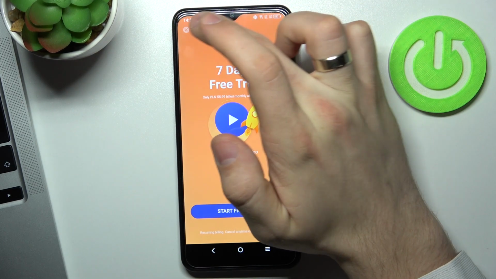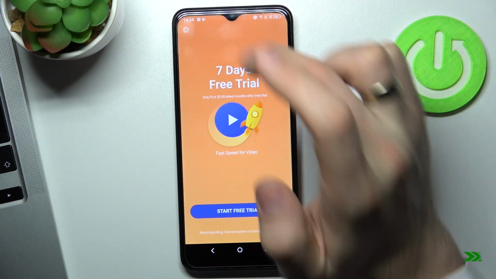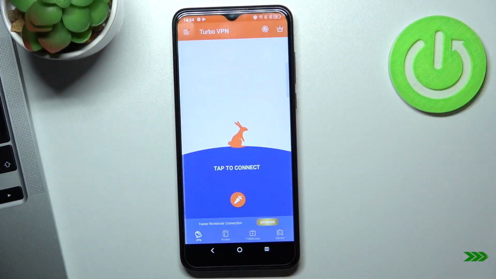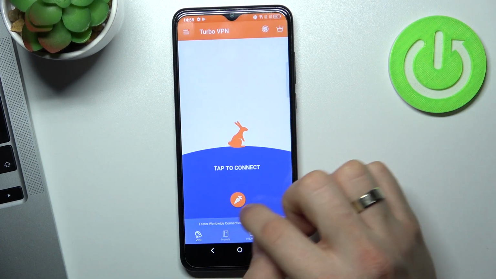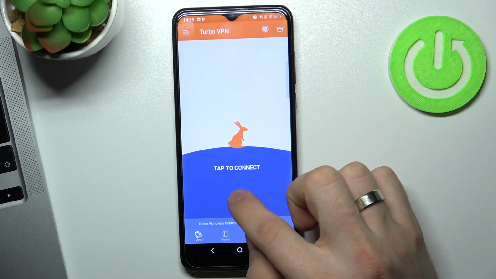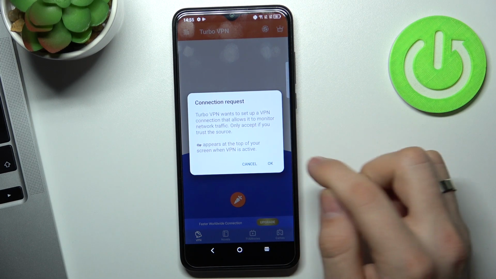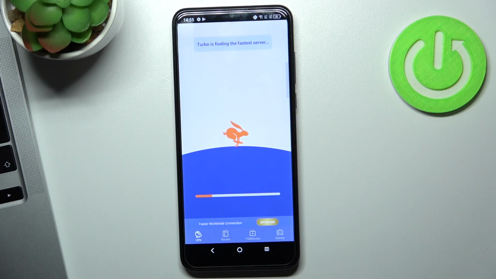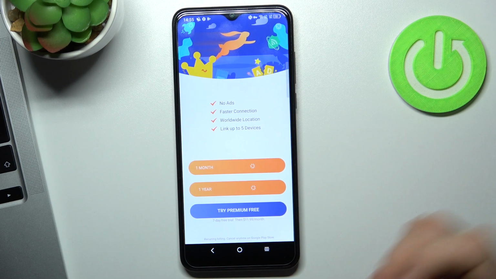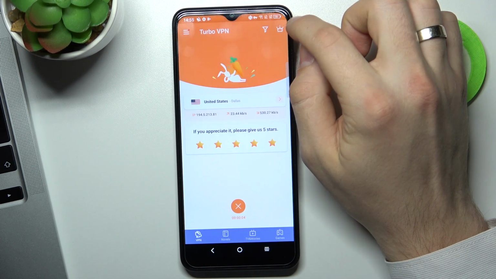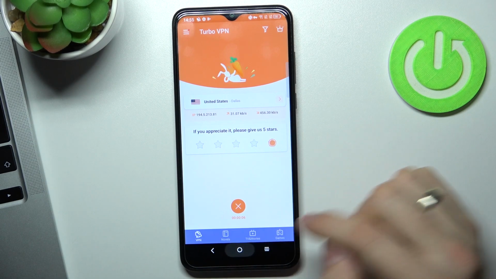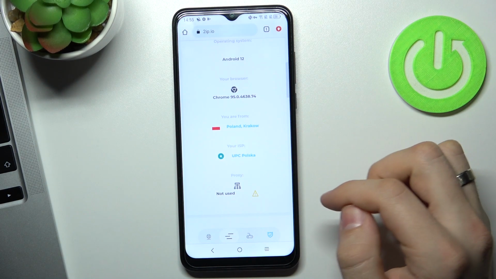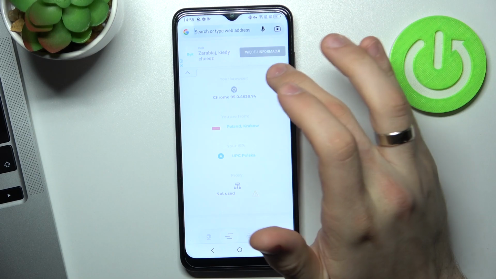Click on the cross on the left top corner. Cool. Then just click on the caret on the center of your screen and click OK. Wait a while. So cool. Next, click on the cross on the right top corner and open web browser to reload 2ip.io